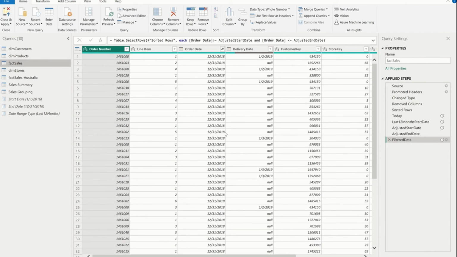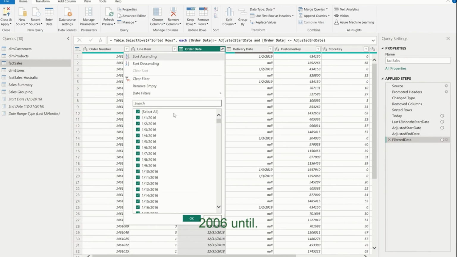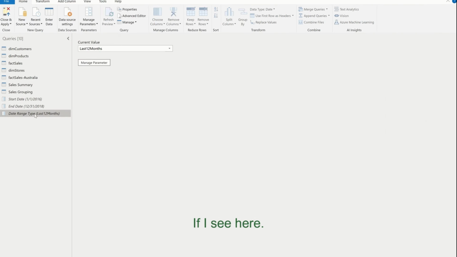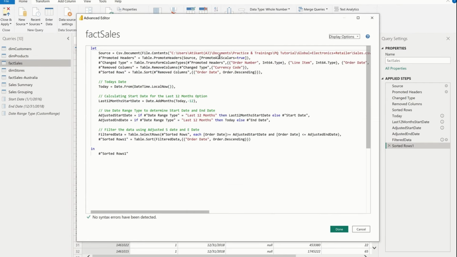So now my default here is showing me data for 2006 until 2018. If I see here and click on custom range, so if I go here, advanced editor,